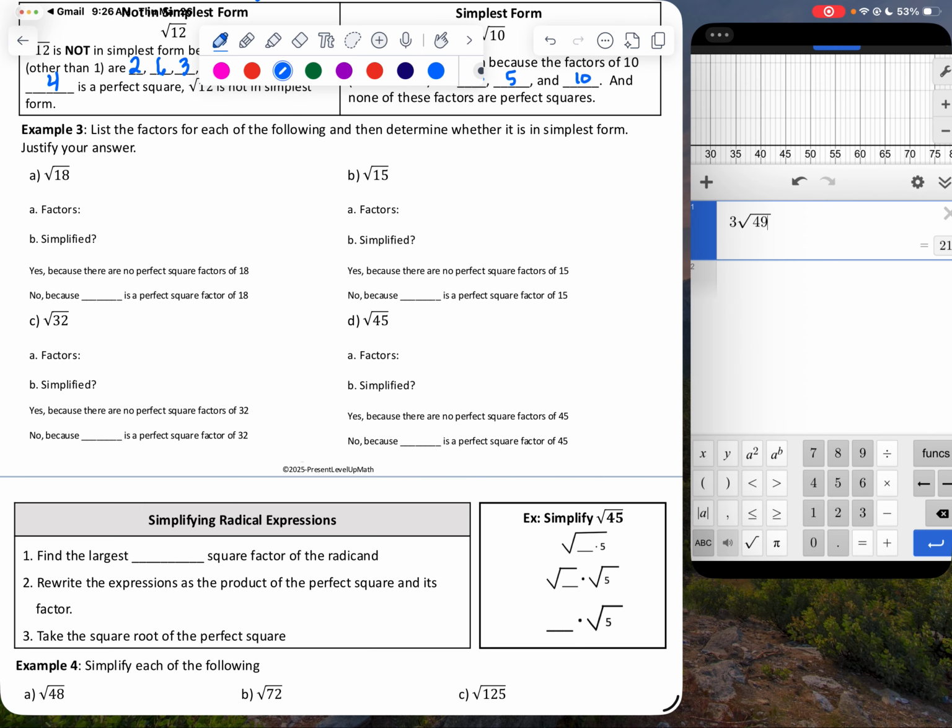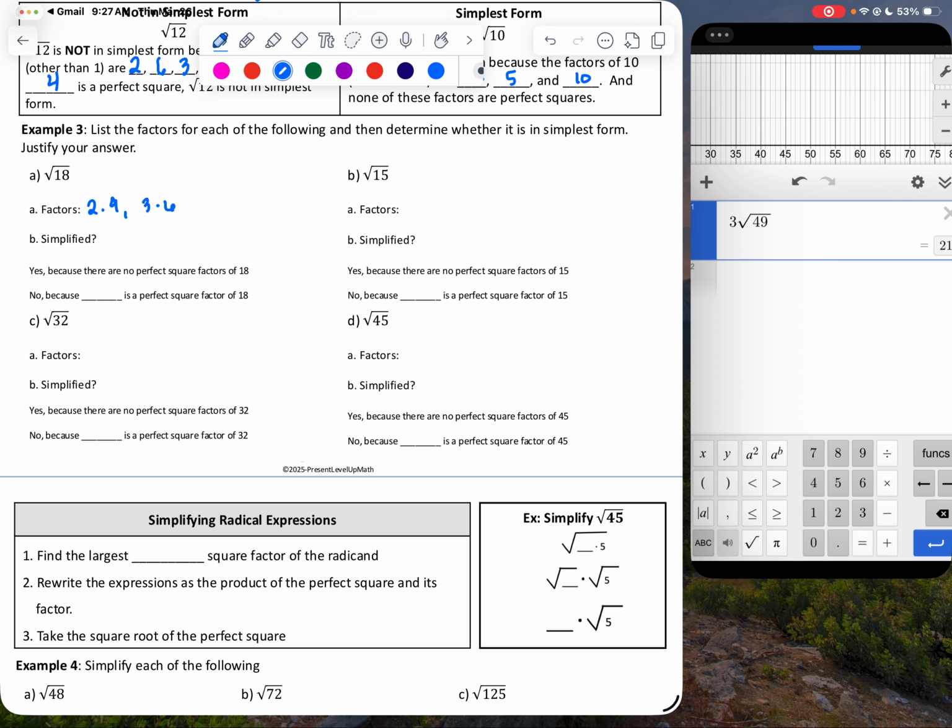All right, so in example 3, it says list the factors for each of the following and then determine whether it's in simplest form. Justify your answer. So for square root 18, what you're going to do is list the factors. So I could do 2 times 9, 3 times 6, and I think that's it. All right, 2 times 9,